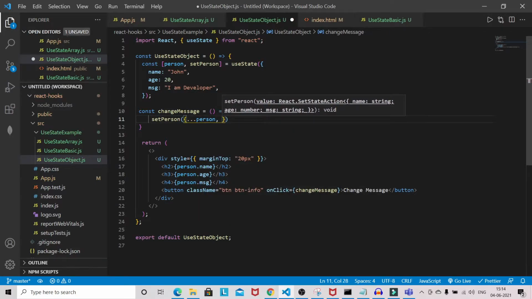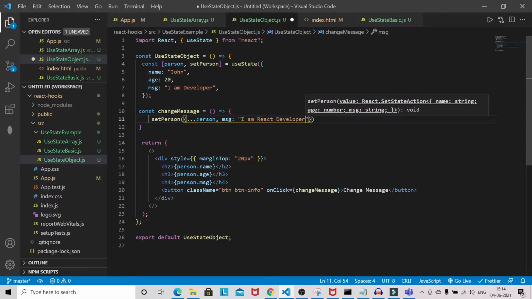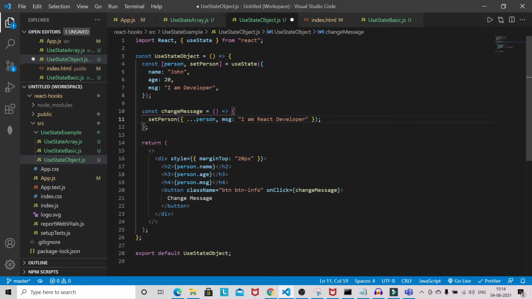Then what you have to change, so we just have to change the message only. So you can give message like I'm React developer. Okay, like this something. So this way we update the state if we are using the object.